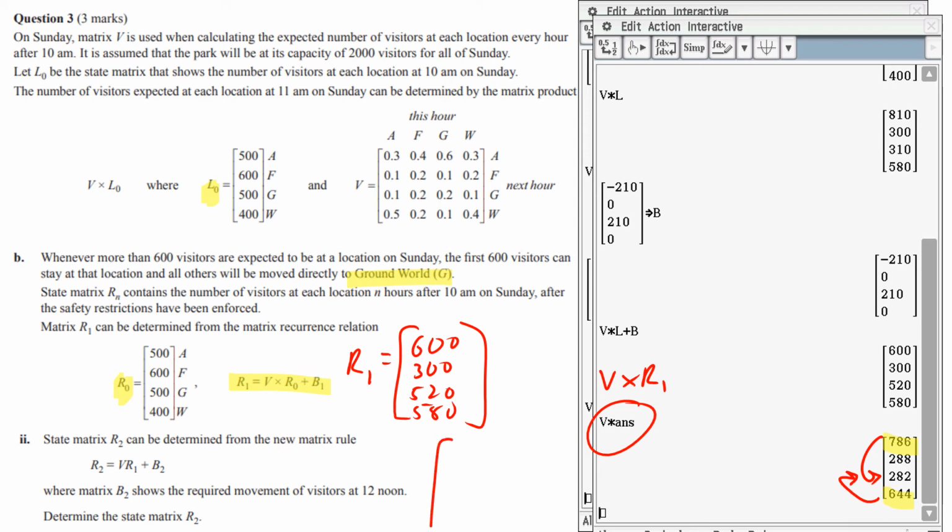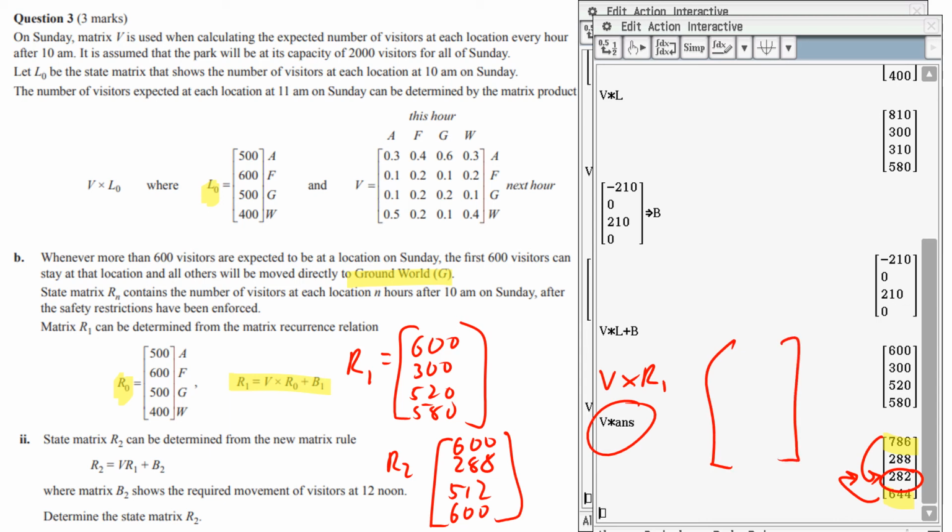So we know R2, it's got to be 600 because that's the maximum there. Nothing gets added to that one. That one stays at 288. But if you take the 282 and you add 186 and you add the 44, you actually get 512, and this one's 600. So your B2